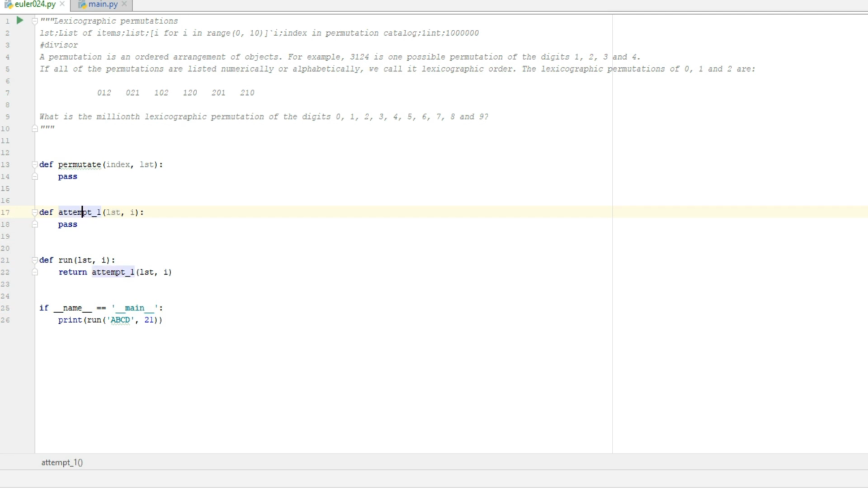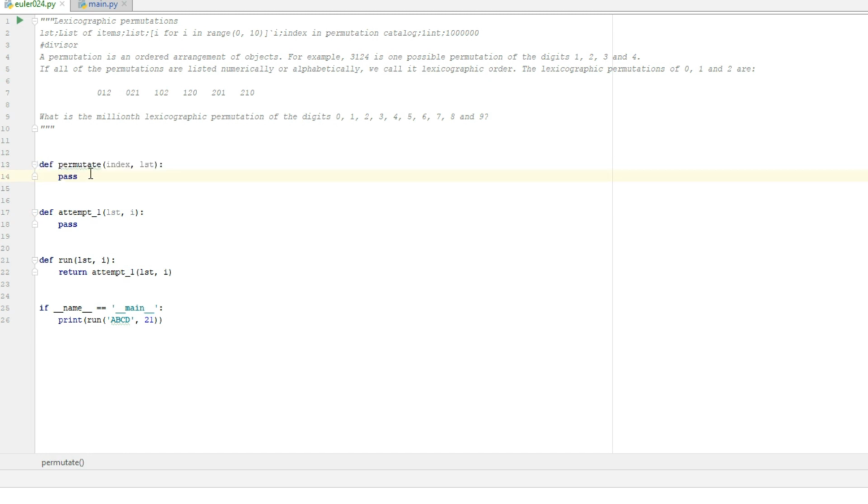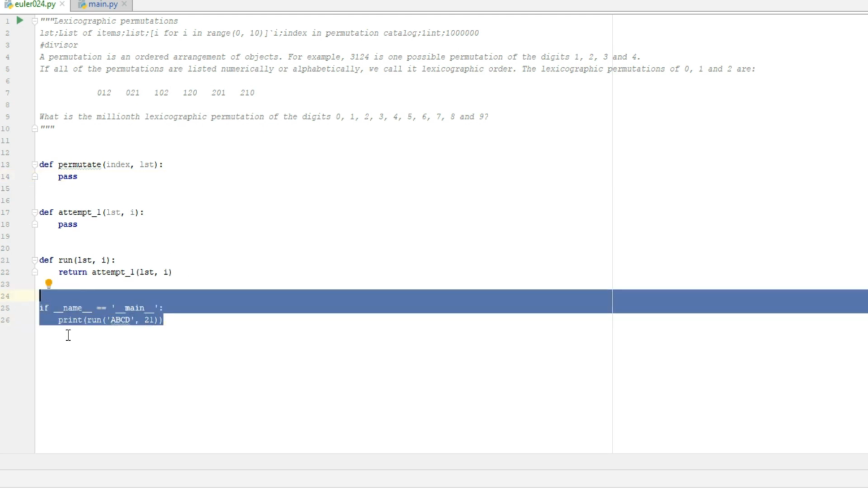And attempt number 1, this will simply be a call to our permutate function, and in permutate all the magic's going to happen. I've taken this out of attempt number 1 because this is pretty obviously the sort of function that we want to incorporate into our lib Euler. Permutations might be something that we'll see in the future, and then we just want this in our library. Now I've not placed it in our library at the start of coding it, to give us a chance of testing it locally in this file